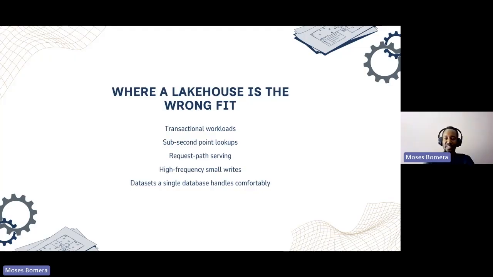A transactional DB like SQL, PostgreSQL, etc. would be the thing that you'd actually use for that. Lakehouses are built more for where you want to query batches of data, batches in millions of rows, etc. But if you want point lookups, single row querying, then that is an OLTP system.